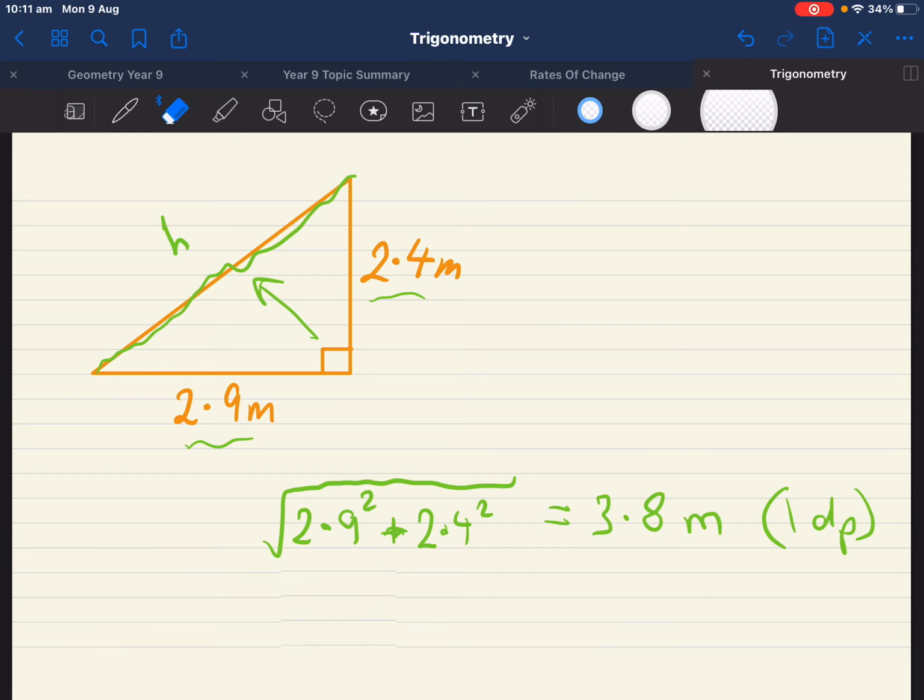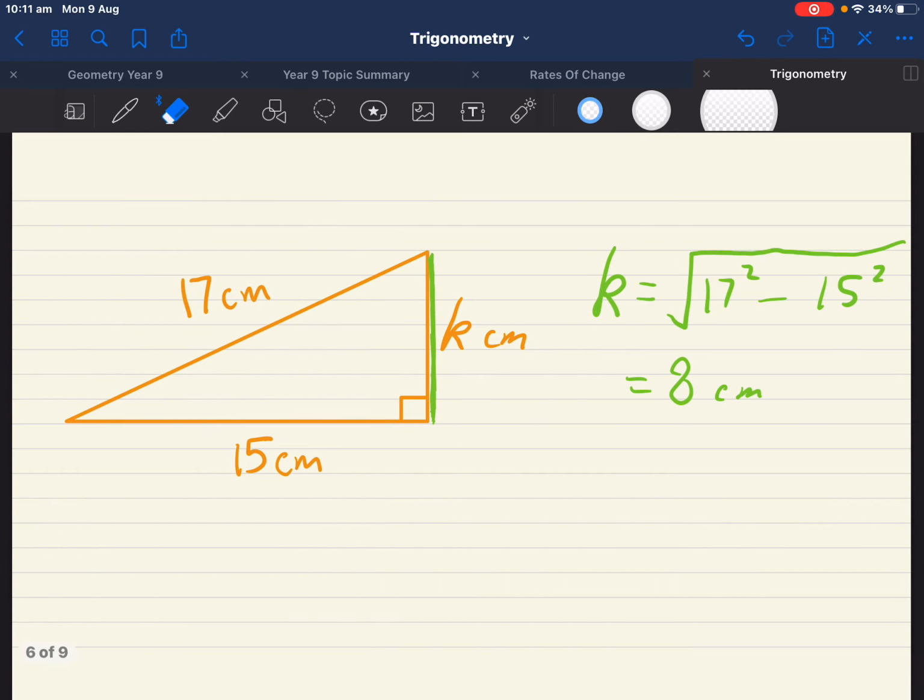There will be some times throughout this topic where you will need to use your Pythagoras' theorem, and just having a couple examples written in your book will avoid you having to go back and find this video and then re-watch it. All right, once you have these examples in your book,